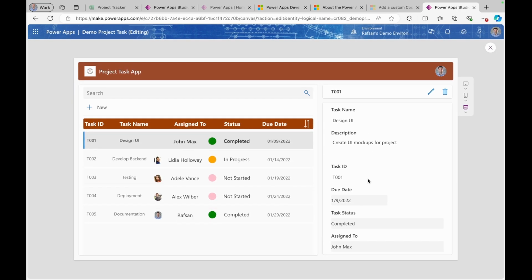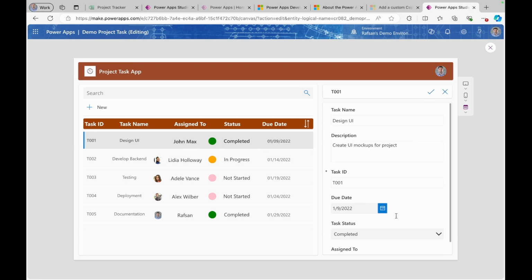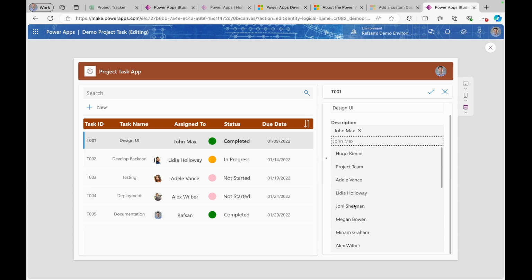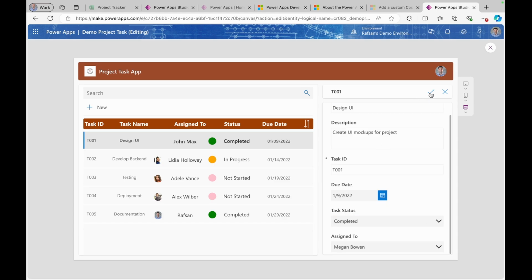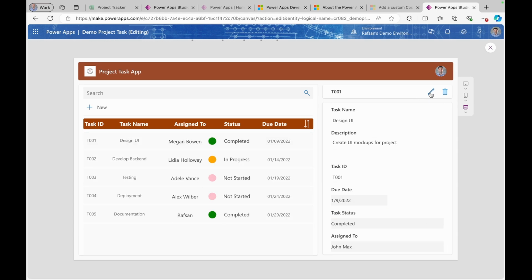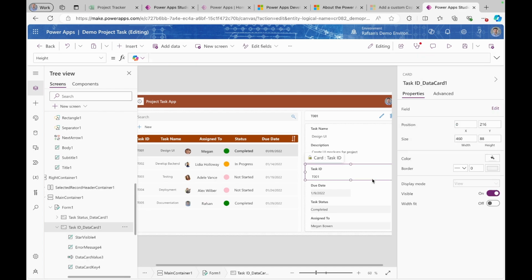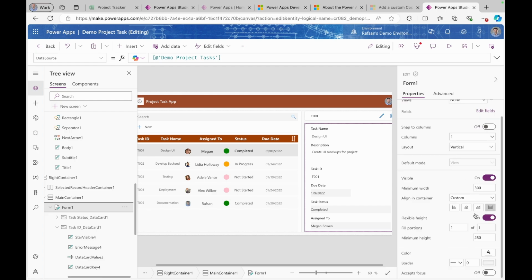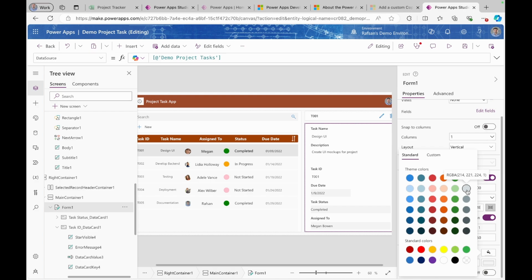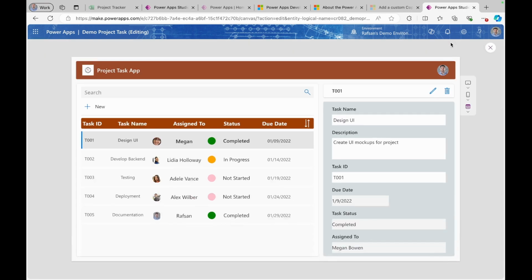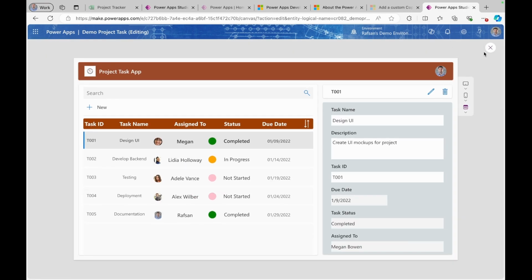Right now this is in the play mode. If I click here, for example, John doesn't have any picture, I will come back here and select Megan and click this. And exit. So I'm going to change the form background color so that this can be visible. So I'll make this little light gray, and you can see right now it's more visible. So I will also